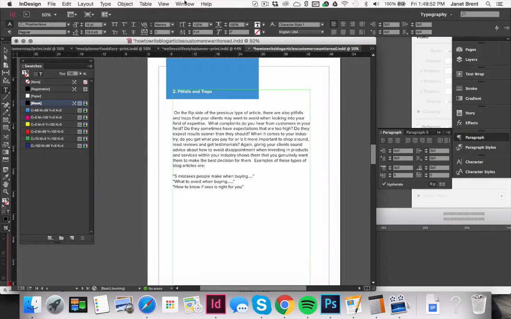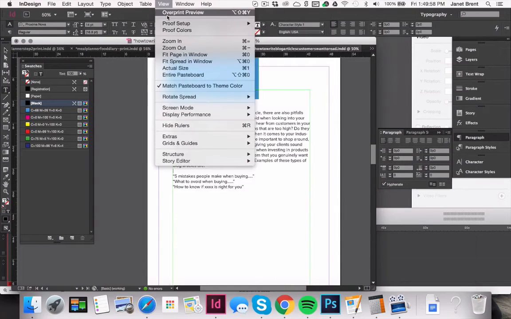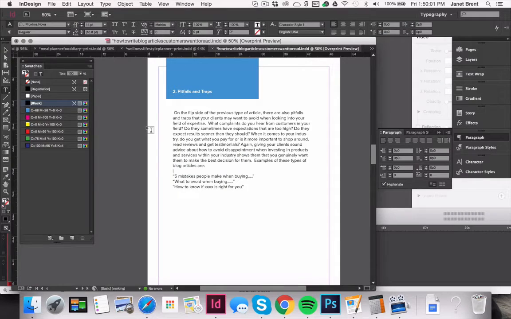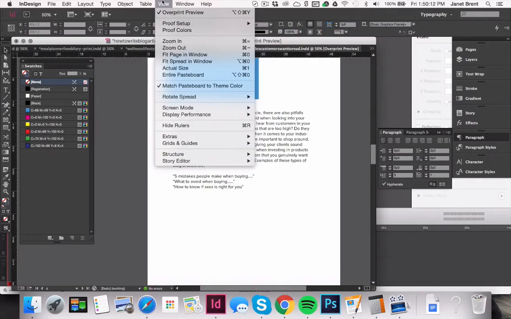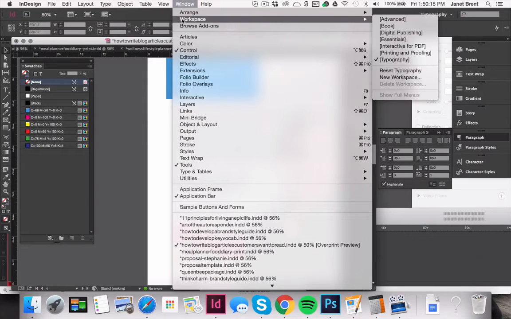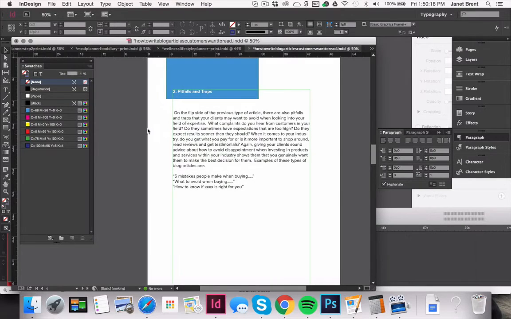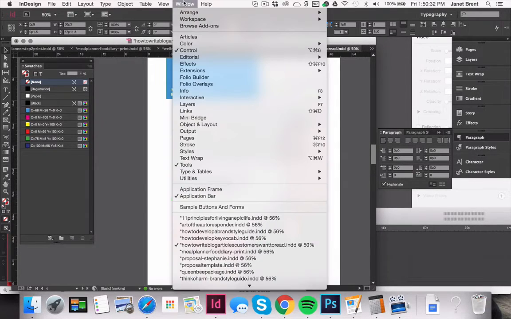So sometimes when you're editing things, it's nice to do it that way. I like to check it on overprint preview just because I like how it looks when it's by itself, but it's kind of like an advanced feature almost, just because you're not seeing all of the things. You're not seeing all of the boxes in the way. For me, it gets in the way of my visual representation of a book layout, but for other people it might be a good way to figure out what the heck they're doing. So let's just leave it unchecked for now,